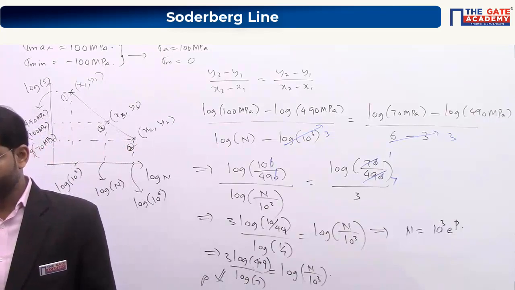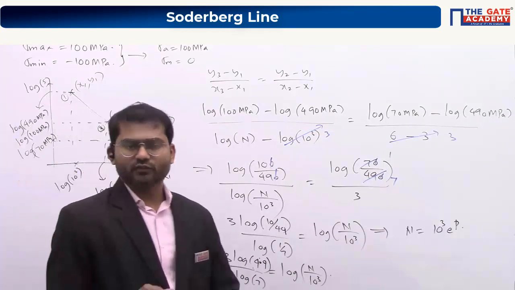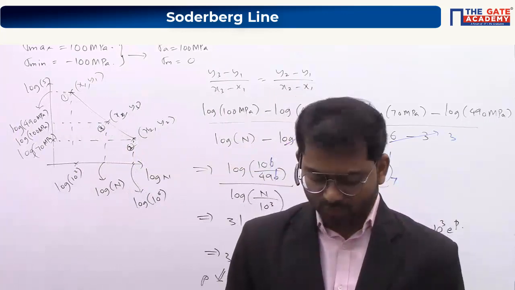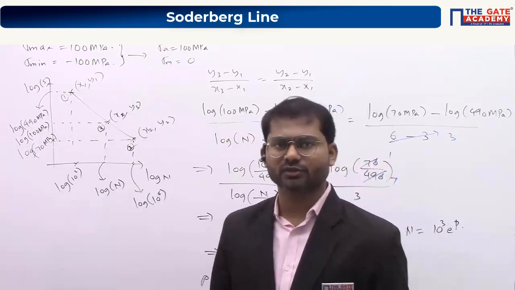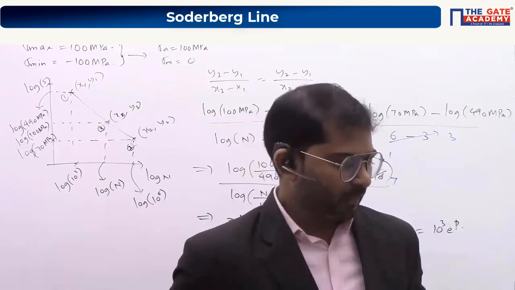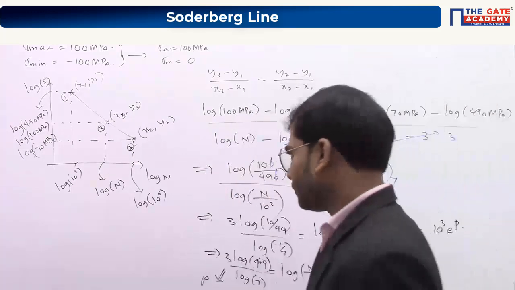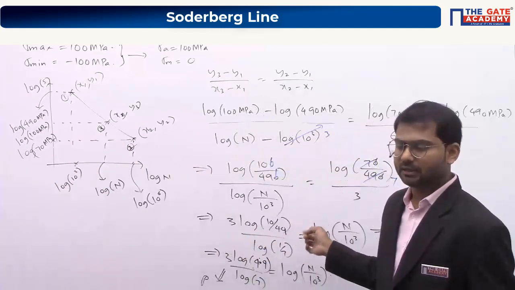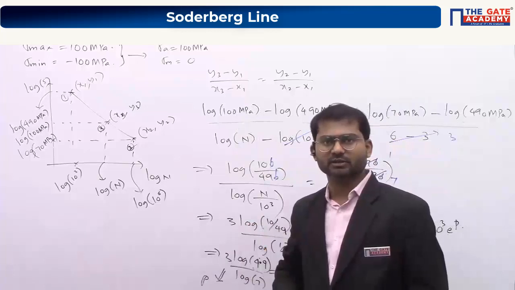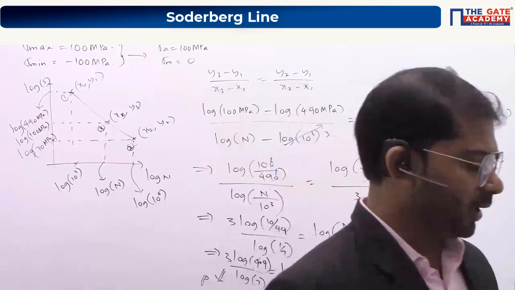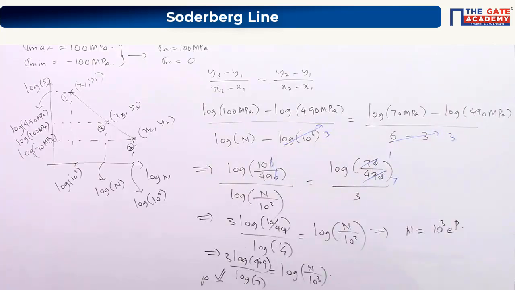Thank you, Ranjit. So you can take this question as homework. Kindly copy the question or just take a screenshot of it. We'll go with the next one after this. The only difference between this question and the next question is that in this question they are asking for the number of cycles. In the next question they are asking for stress amplitude. That's the only difference here. Kindly copy everyone, or just take the screenshot, make it fast.